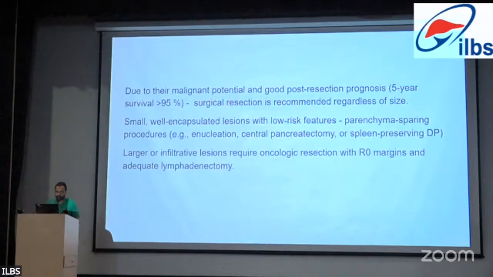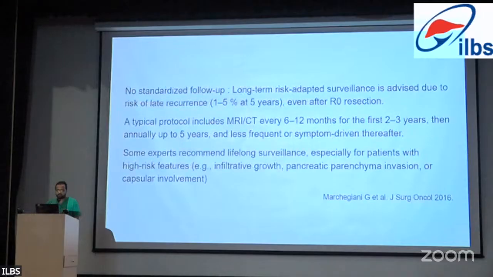Due to the malignant potential and the good post-resection prognosis, surgical resection is recommended regardless of the size of the lesion. For small encapsulated lesions with low-risk features, parenchyma-sparing procedures like enucleation, central pancreatectomy, and spleen-preserving distal pancreatectomy can be done. However, in larger infiltrative lesions, oncological resection is indicated. And there is no standardized follow-up for SPNs